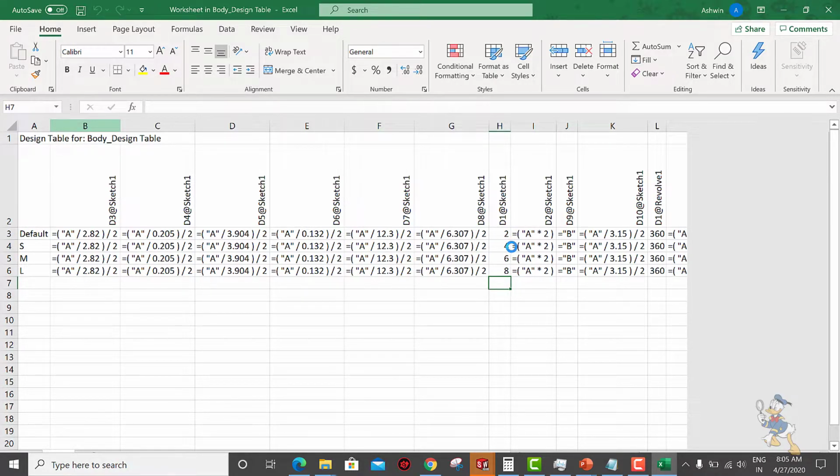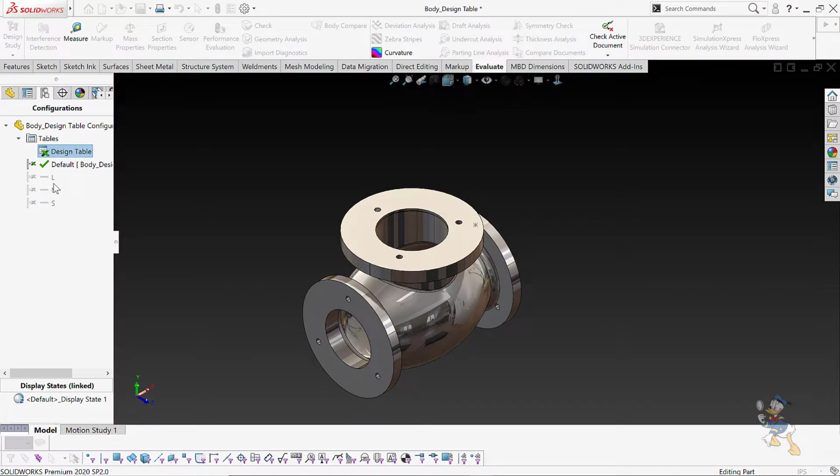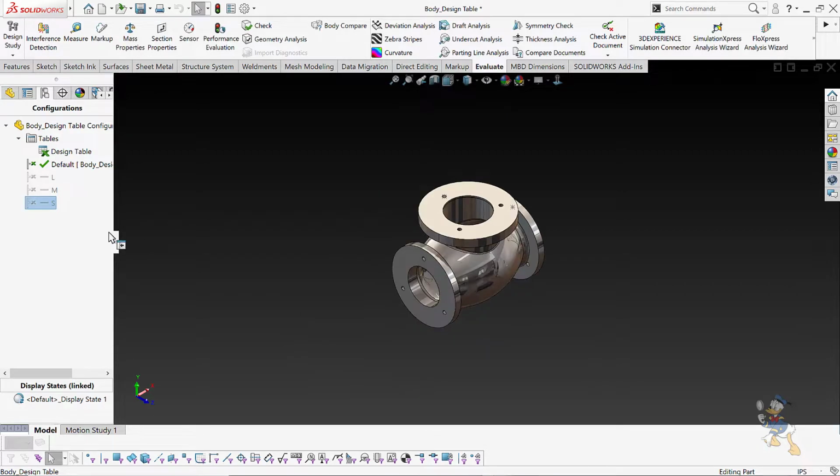Like I had entered values for sketch 1, which is controlling the whole figure. Right now I just need to increase or decrease, whatever the value is. I just need to put it over there and it automatically does its work. As I have put 4, 6, 8 for the diameter, I will check it out in the model. This is the small one. This is the default one. Right now it is opening. The small one is this. I just need to double click on it.